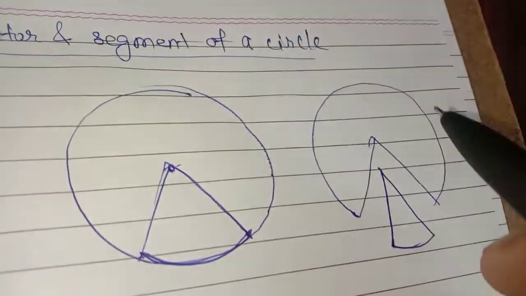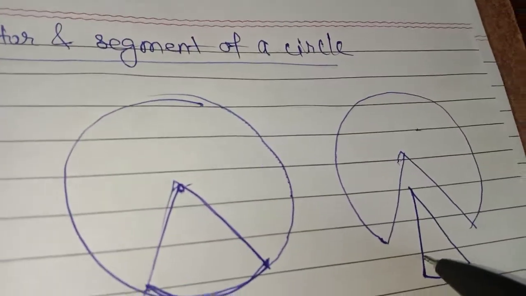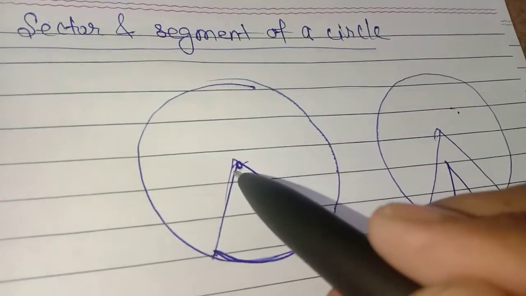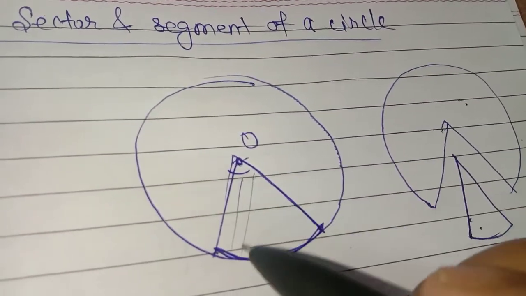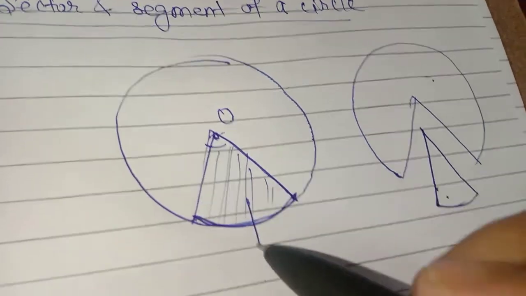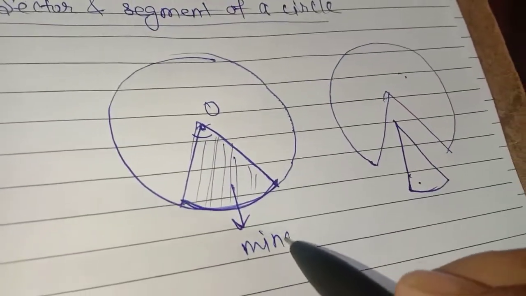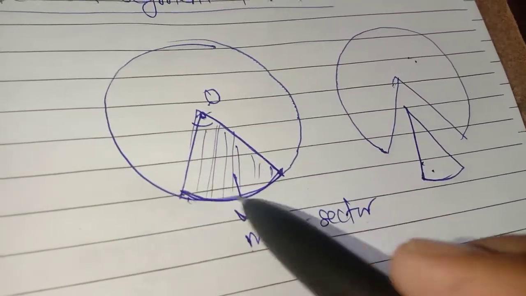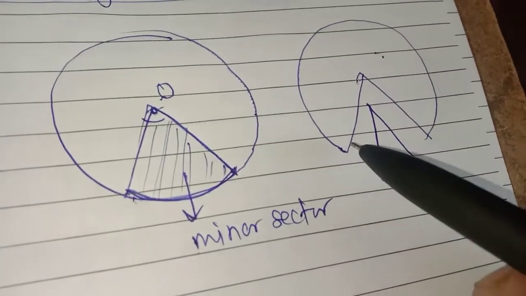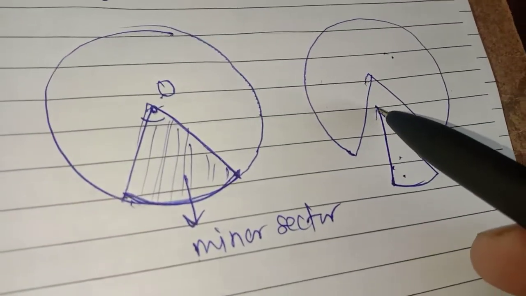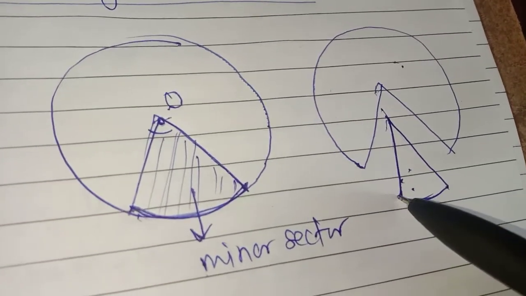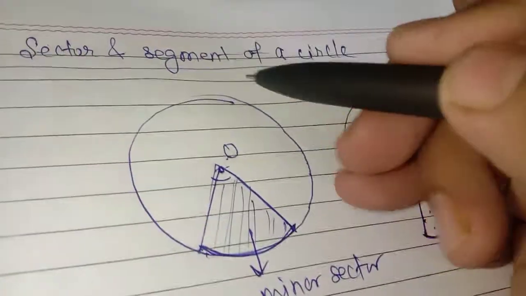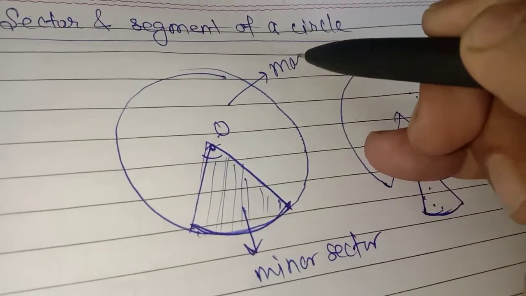Can you see here, we have two parts. This one is the minor part and this one is the major part. So what we conclude is that the lower part of the circle, this portion, is considered the minor sector, including the center and the minor arc. You can see clearly here, as we bring a pizza and cut out one of the parts, one part is taken out, so the remaining part is the major part. The remaining part is called the major sector.